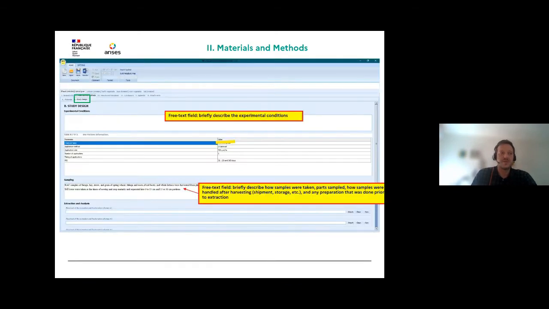In the second subtab, Study Design, you will find the field to describe the experimental condition, but also the use pattern information, where application rates, plant back interval, and also timing of application are to be informed. The plant back interval is the duration between the application and the plantation of the following crops. It is always globally filled the same way as in the MSS Plant Composer described on Monday. So below